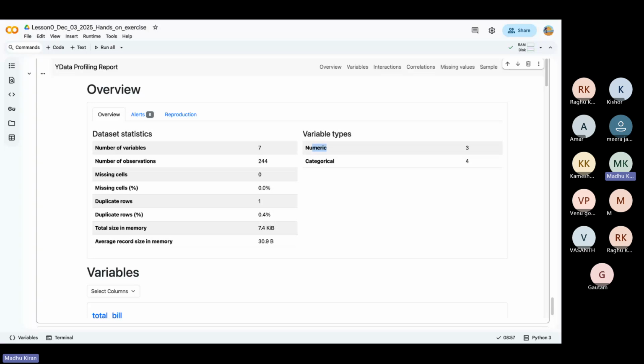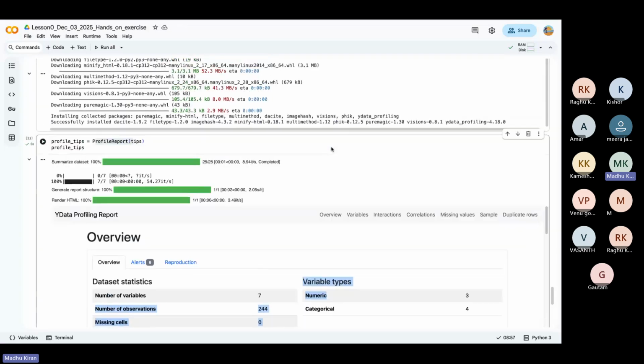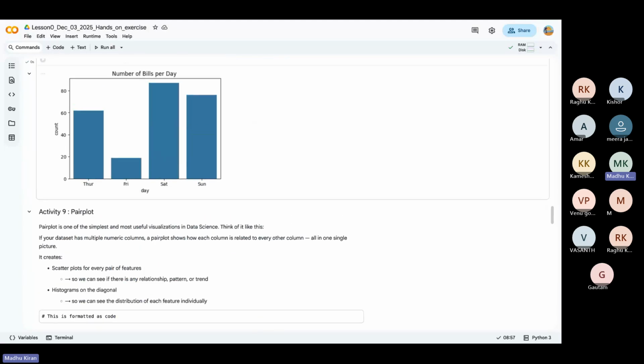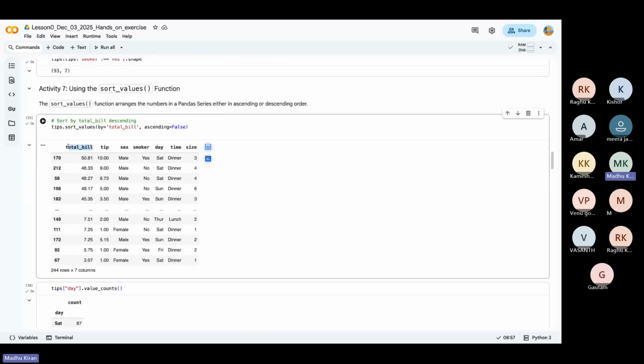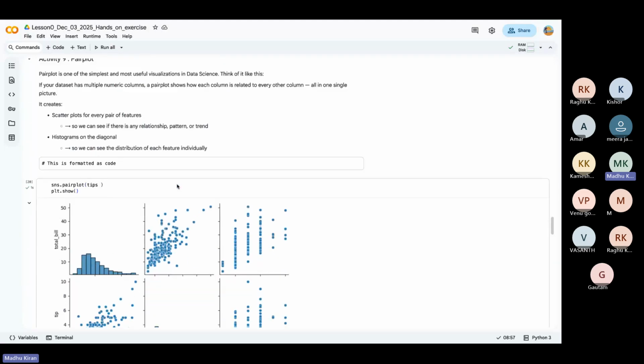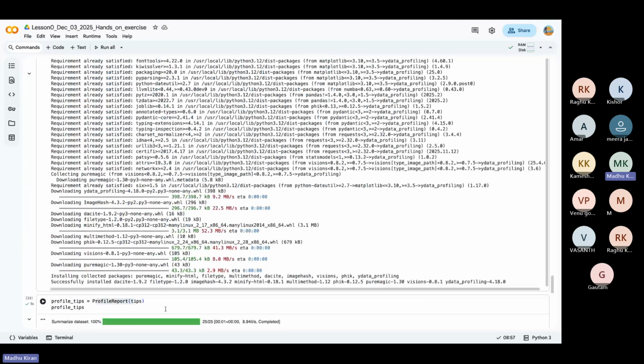Categorical columns are where you have categories repeating, like the gender column with male, female. You have the day column where four categories are repeating: Saturday, Thursday, Friday. So you can see there are four categorical columns and three numerical columns in the tips data set. You can cross-check this with our tips data set here: numerical columns total bill, tip, size, and four categorical columns: gender, smoker yes/no, day, and time, lunch or dinner. If you have more columns, this will be very useful.